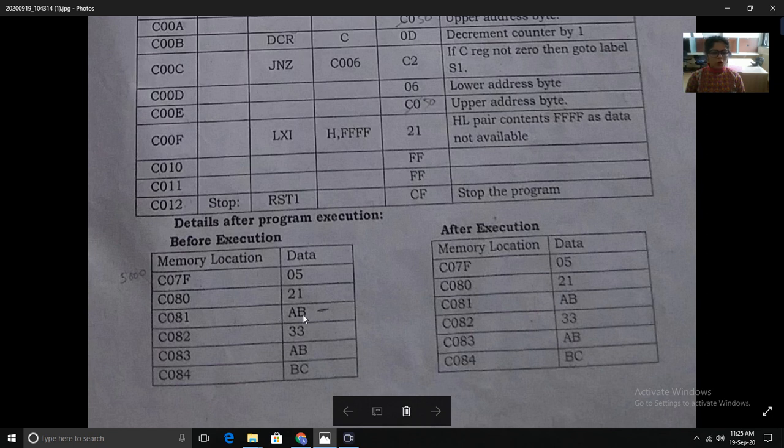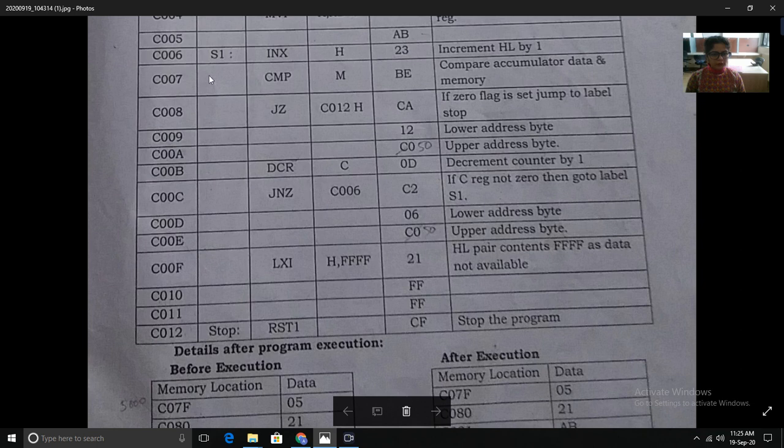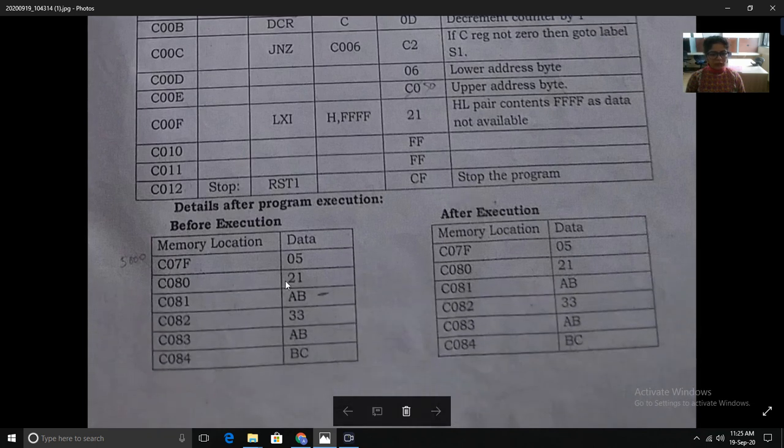So according to this program, at step number 2, it will move directly from JZ to stop, because we are finding the item at the second memory location, and this is the address of AB, that is 5081, and this will store that address in the HL register pair. So this is a very simple, very basic program, and it is exactly like linear search.